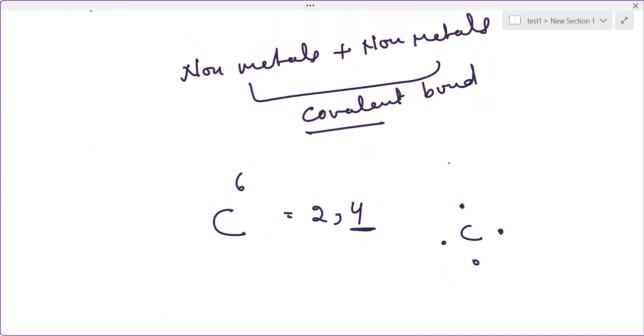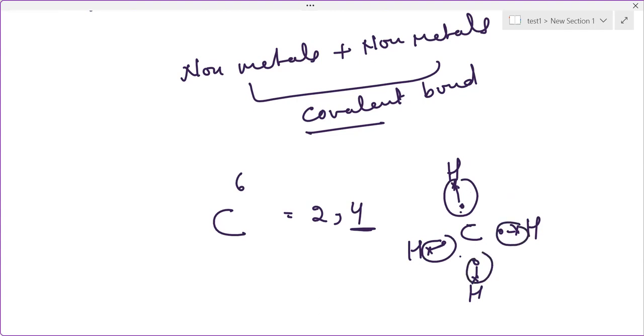So what does carbon do? Carbon makes bonds with 4 hydrogen atoms. Hydrogen has 1 electron in its outermost shell. So what will they do? They will share the electrons. See, 1, 2, 3, 4, 5, 6, 7, 8: 8 electrons are present in the outermost shell of carbon. And as hydrogen is a one-shelled element, it needs only 2 electrons to complete its outermost shell. Hydrogen's valence shell is fulfilled, and carbon's valence shell is also fulfilled. So this kind of bonding is known as covalent bonding,